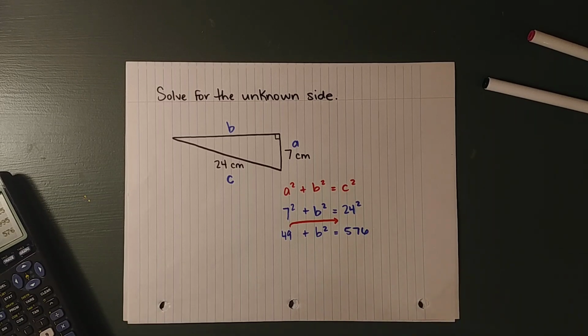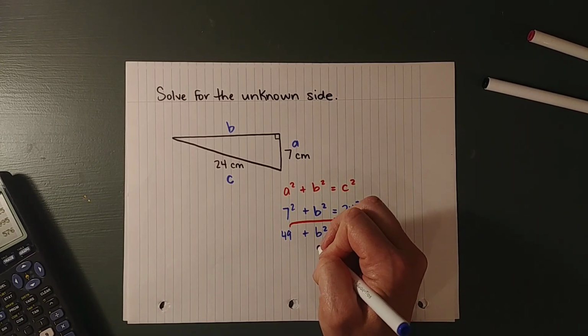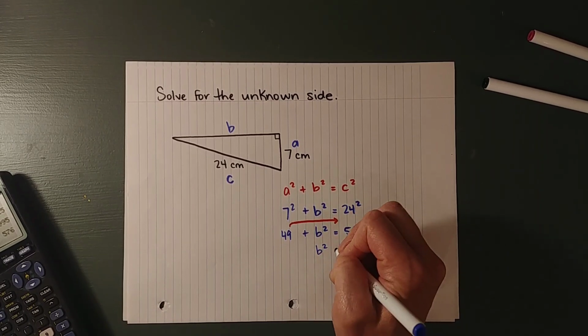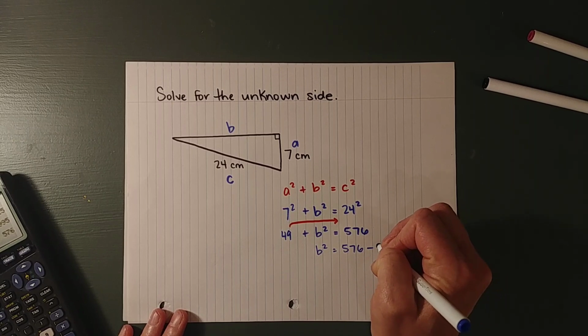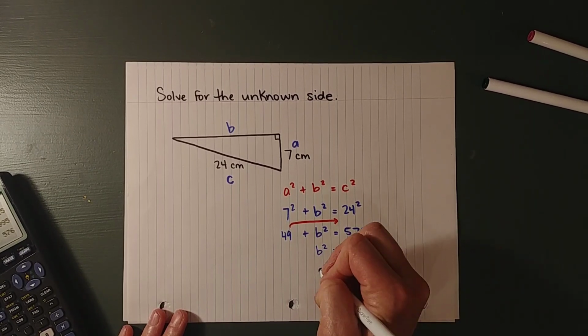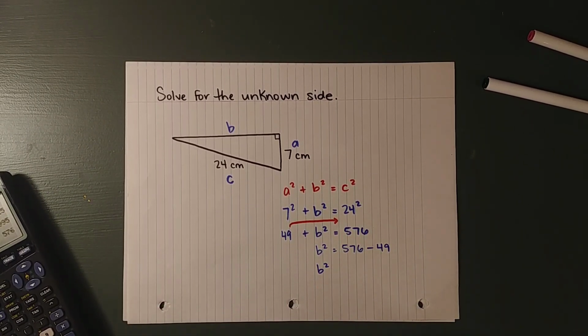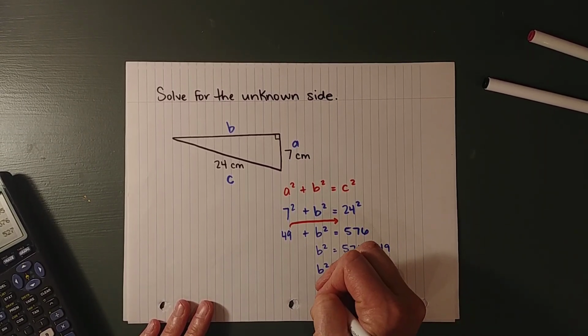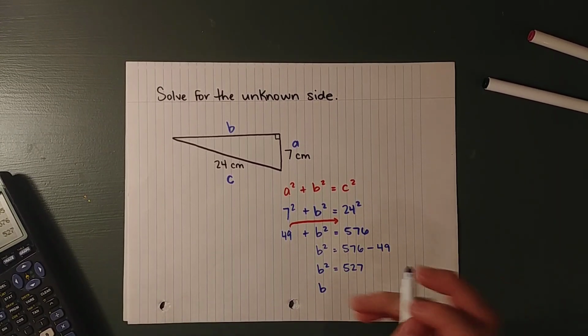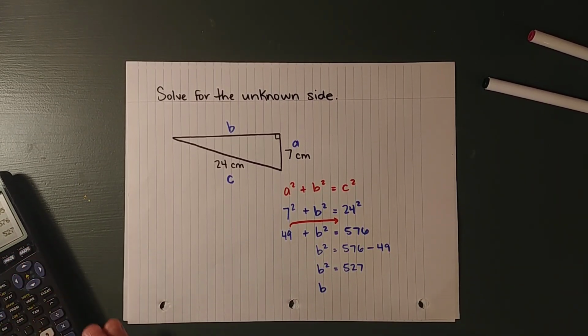Again, in our solving equations, we want to get the variable all by itself, so anything that's around it, we want to move it. When we switch sides, we switch signs. So here we're left with b squared is equal to 576 take away 49. And when we subtract 49 from that, it gives us 527. And again, we don't want to know what b squared is. We want to know,